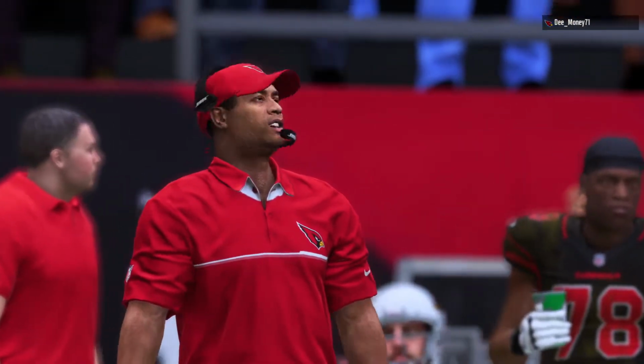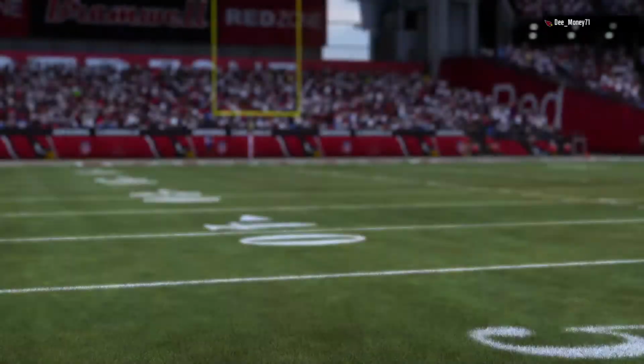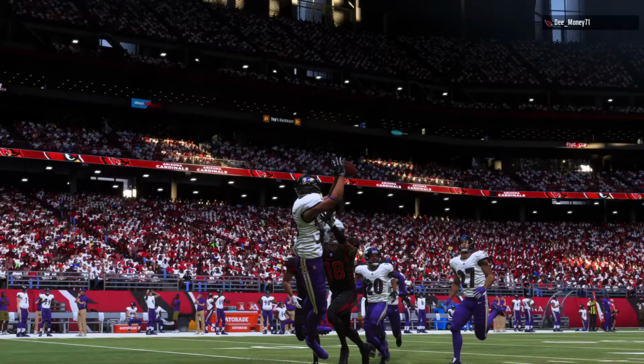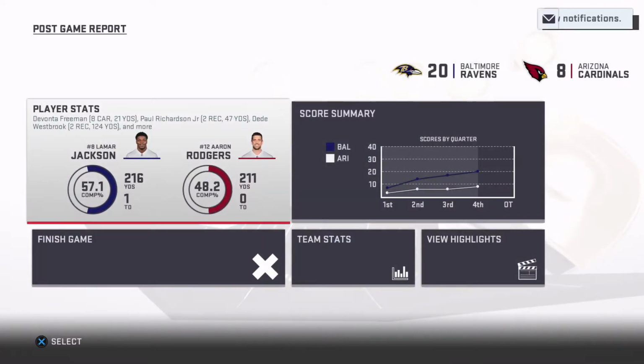A road win in the National Football League. Charles, you never take that for granted, no matter who you're playing, no matter where you're playing. You take it and you run with it. And you know you primed the pump all week in your own home facility. No one thinks we can do this. Only people who believe are right here in this room. And then you go on the road, band together, and get it done. So for the